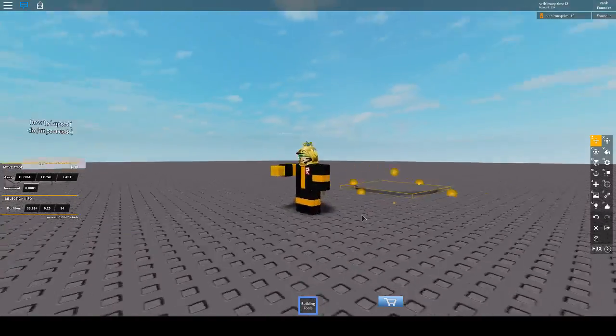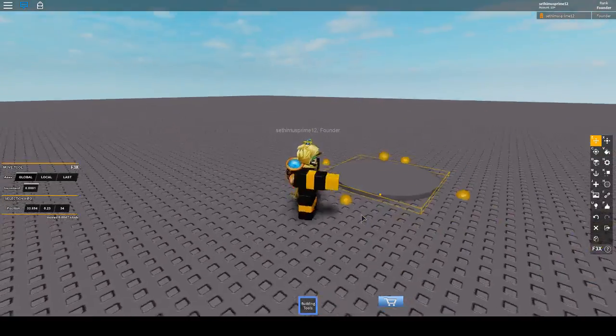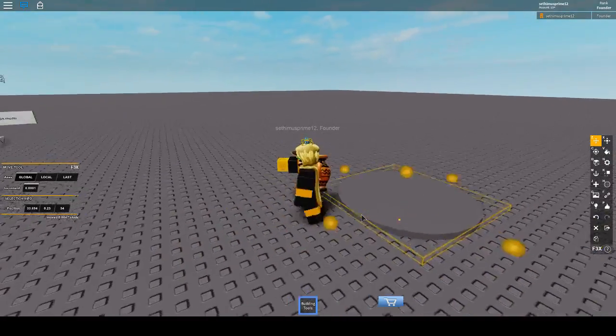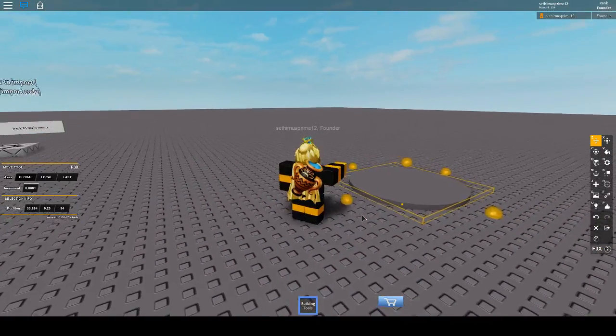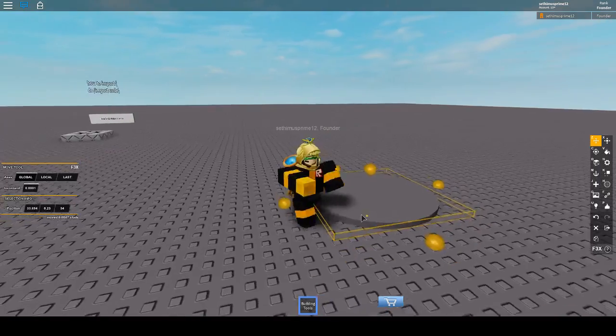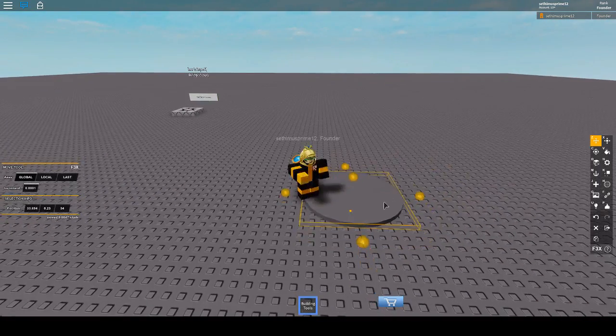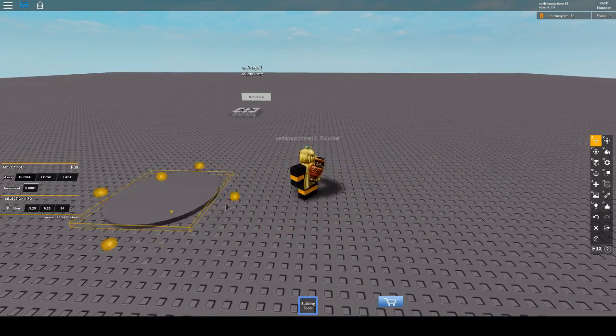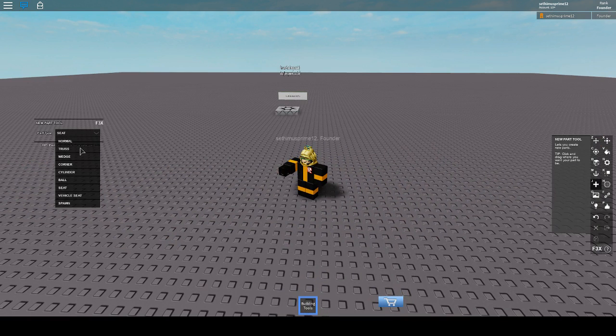Hello everybody, this is just Roblox, and today I will be showing you how to make a two-person cart ride. Two persons. Okay, so you're gonna have to place a cylinder,